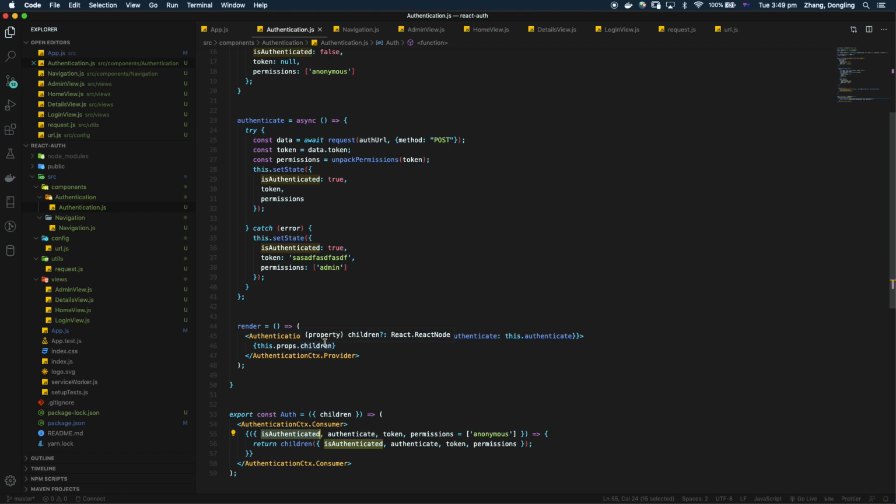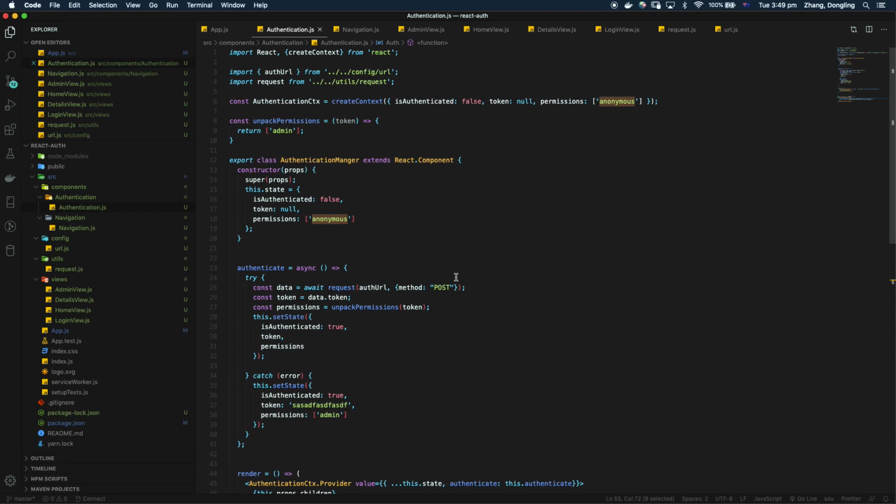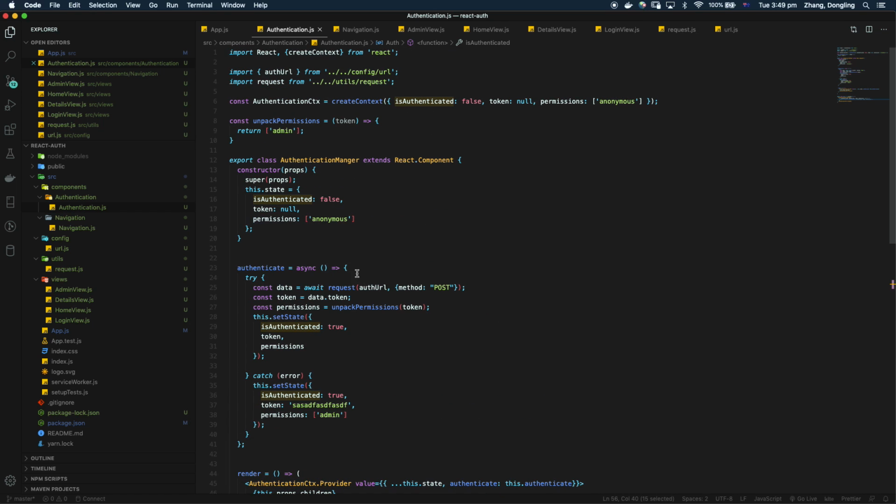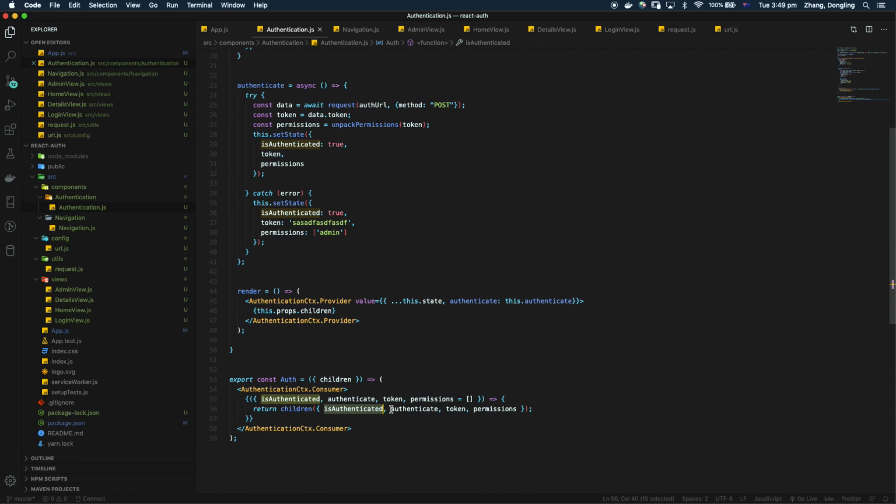So from the top passed in, once somebody wraps this code, the login will call this one. Then this one will have isAuthenticated, or authenticate, or token and permission. By default I give anonymous. Actually, I already give anonymous, so in here I don't need to give any permission, because it is already anonymous and definitely anonymous will be passed down to here. Then you pass to the child,